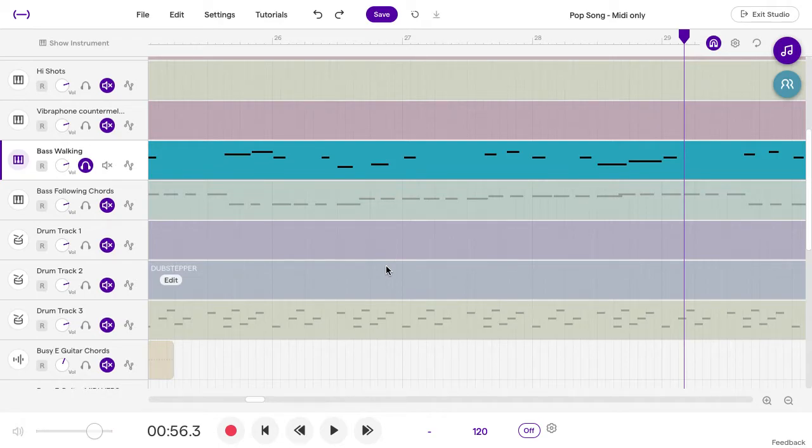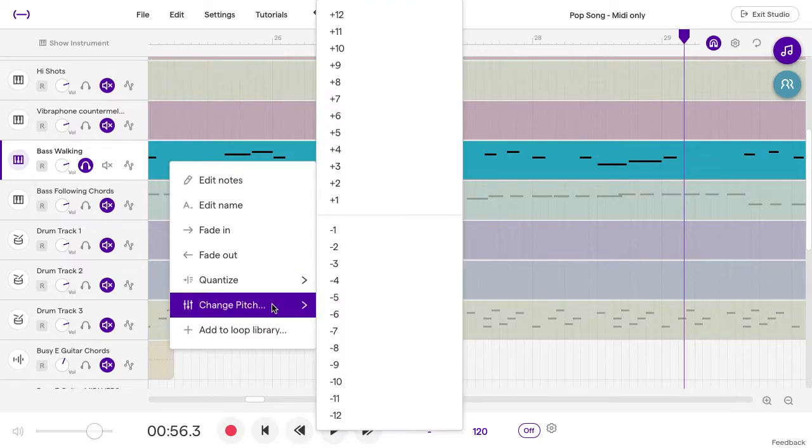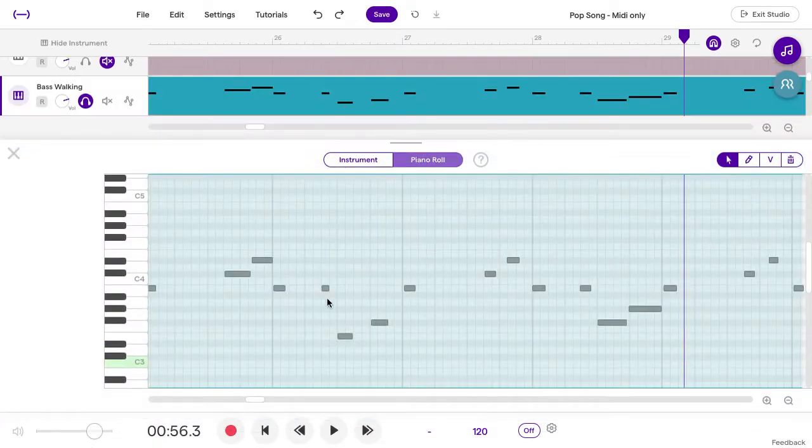So, final quantization video, we're looking at Soundtrap. We're going to edit the same walking bass line, or as I've labelled it, as we did in GarageBand. So if we just go edit track and go, let's just see edit notes so we can see a bit